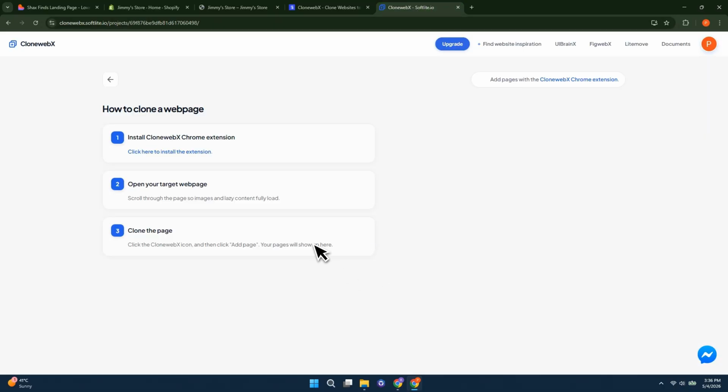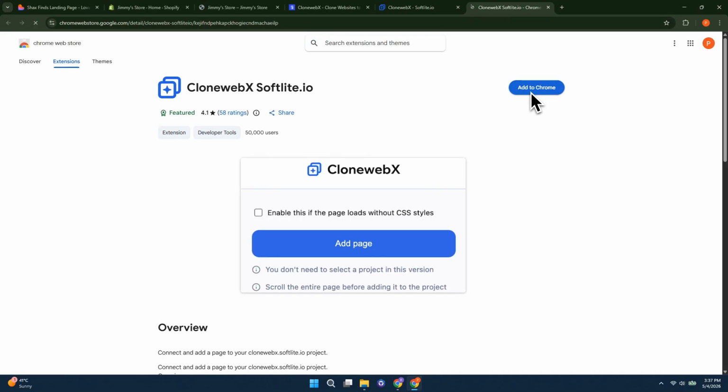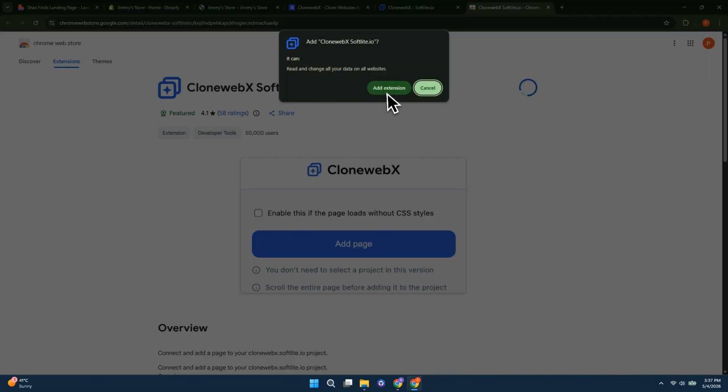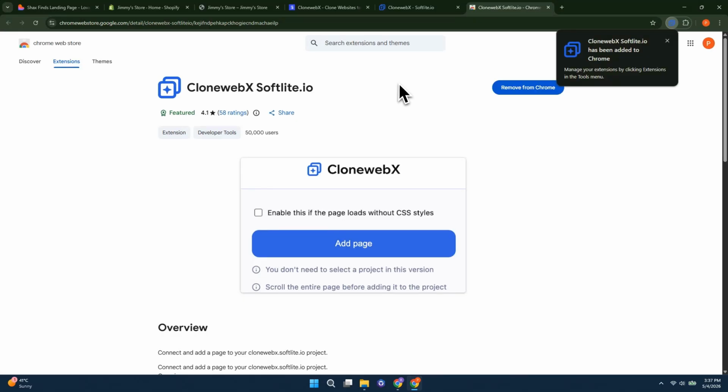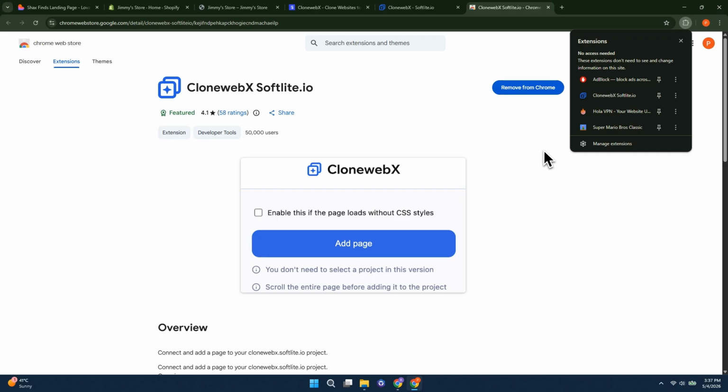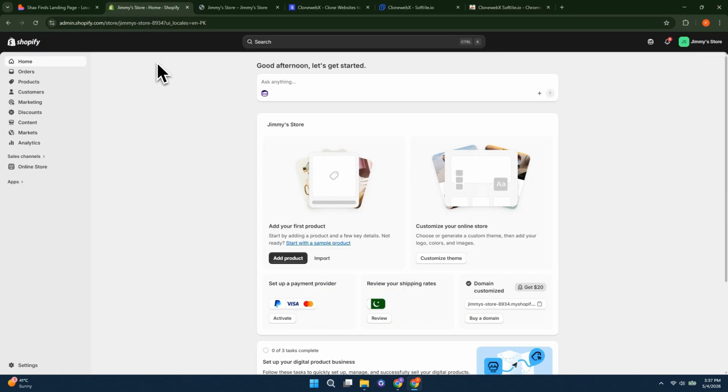Once that's done, the platform will guide you on how to proceed with cloning your website. To continue, you'll first need to install their browser extension. Simply click on the extension option, which will redirect you to the Chrome Web Store. From there, click Add to Chrome to install it. After the extension is successfully added, go back to your online store,